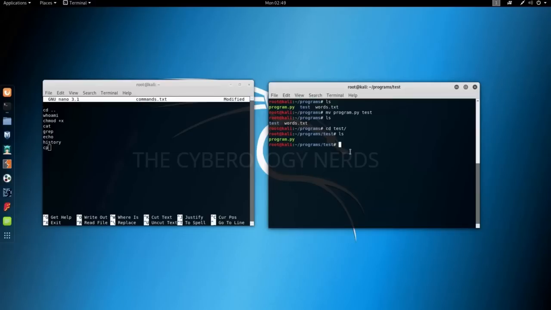Now, this command can be used for two things: in order to move files from one directory to another directory, and in order to rename files. So for example, if I type mv program.py, and then I don't specify a directory where I want to move it, but I specify another name for the file, so let's say another name.py, which is not a directory, it is a file,